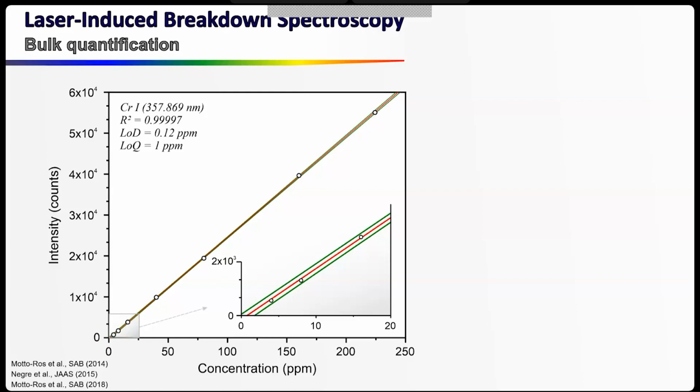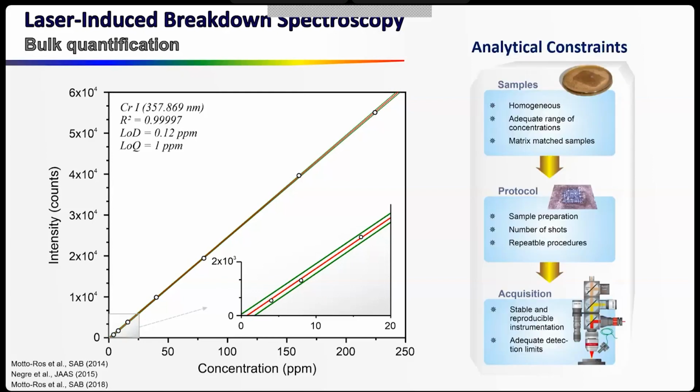But I was naive, because you can do quantitative measurements, but at the price of many constraints. First, for this sample, which was a glass sample, we had to make some preparation, meaning that all the glass samples were fused